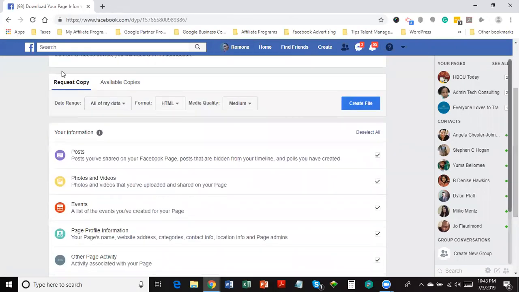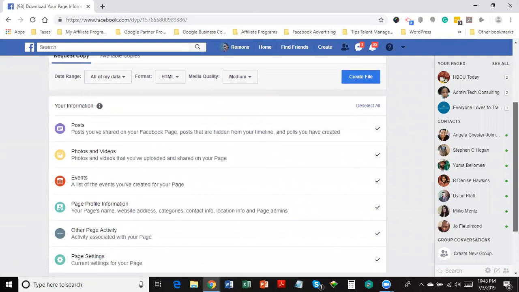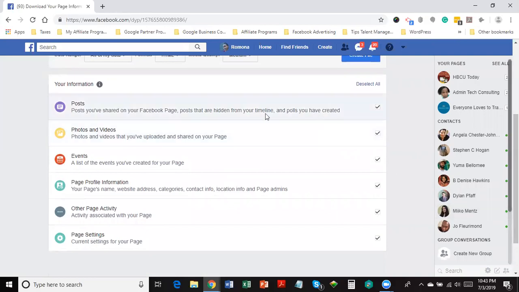It's going to just make sure you're on the tab that says request copy, and the available copies tab is for when you actually download your copies. That's where it will show up. You download your files, that's where they will show up. So just scroll down a little bit on the page and make sure that you have checked every one of